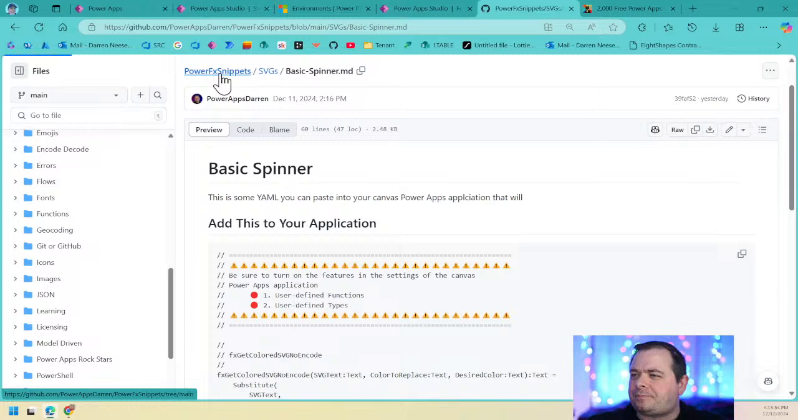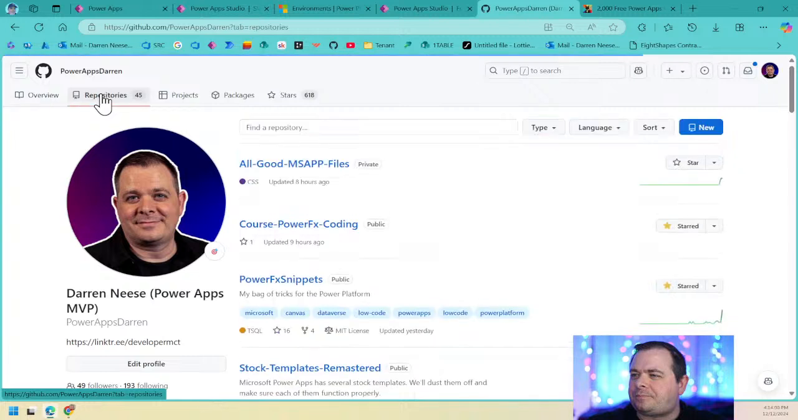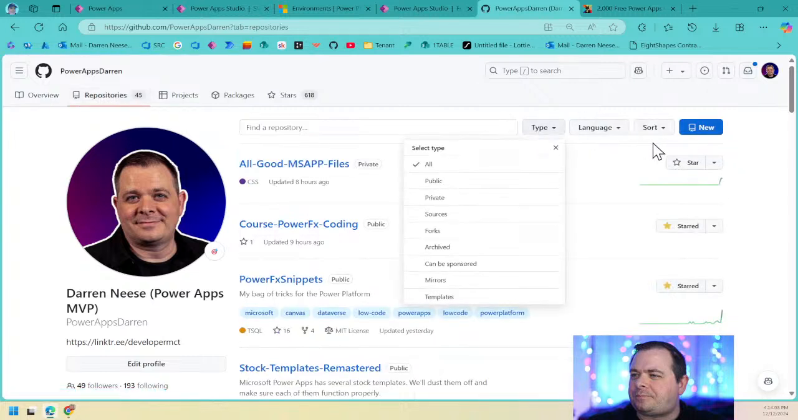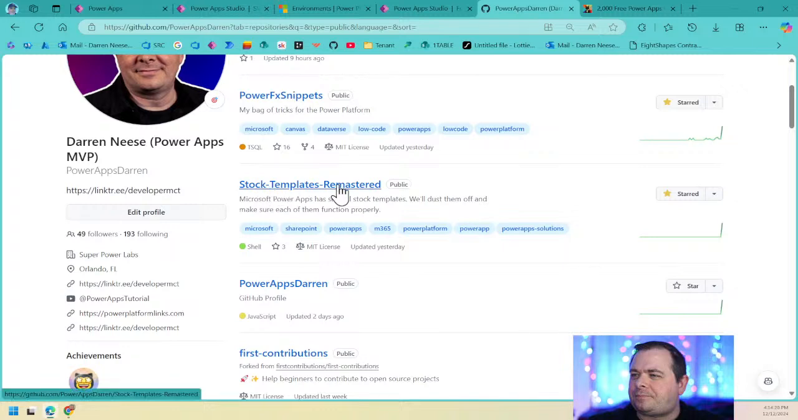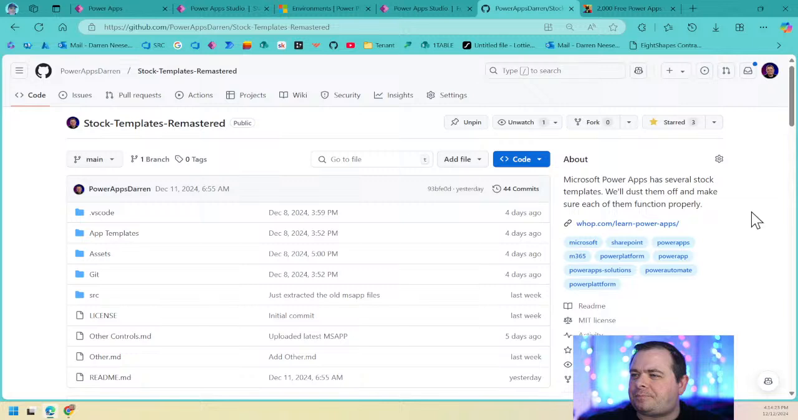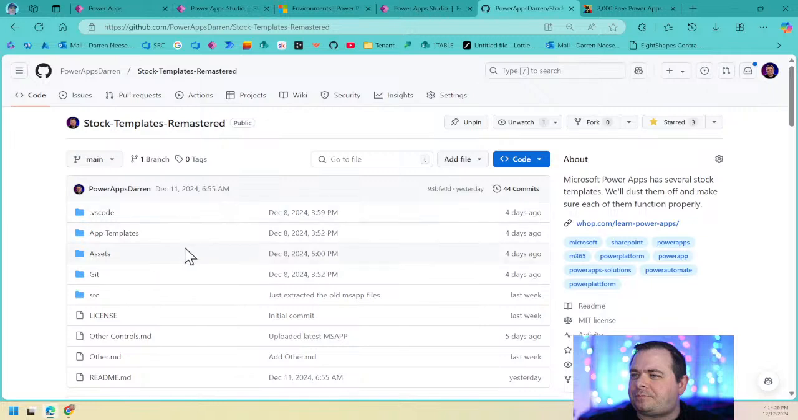Now, you guys should probably check out, let's see here. I'm just going to look at public repositories. And by the way, I'm going to be building this repository with all the notes and links to the videos and everything there. But boom, stock templates remastered. So I set this up in a way to really help people out if they just can't get the thing created and installed. So let's go into app templates,